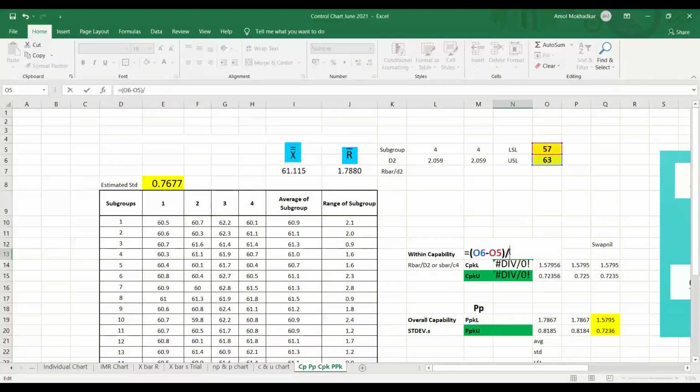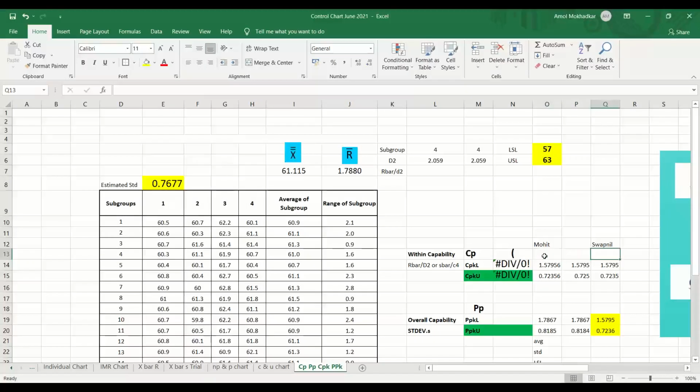Just tell me your values, Mohit. The CP value is 1.15156, and this PP value is 2.015216. Okay, no issue.